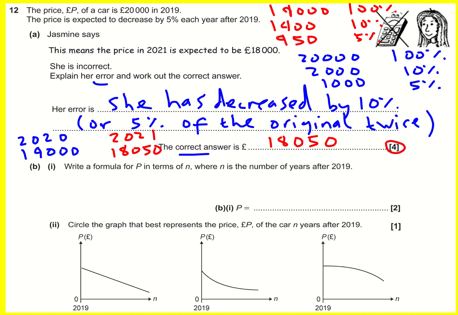And that's our answer. Okay, write down the formula for P in terms of N, where N is the number of years after 2019. To do it quickly, this is how you would do it with a calculator, for example. You would use a multiplier. So it would be your original value,